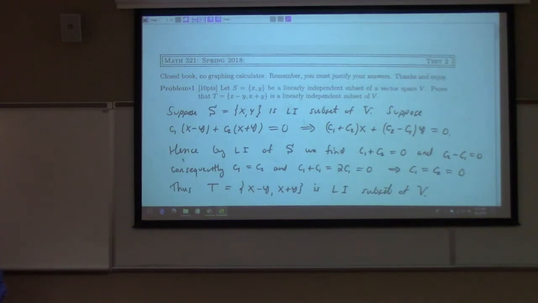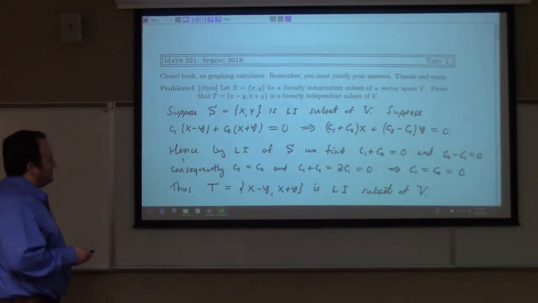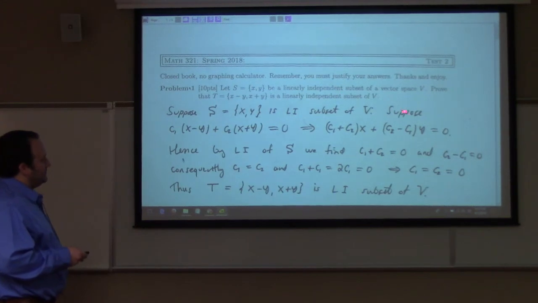So when you write a matrix of things involving x and y, you might be wrong. Now, if you're using the matrix to express a certain linear dependence between the vectors, that's possible. That still makes sense, right? But it worries me if you wrote a matrix here, because I don't readily see a matrix. Okay, anyway, so the point is, to prove that T is linearly independent, we suppose that the linear combination is